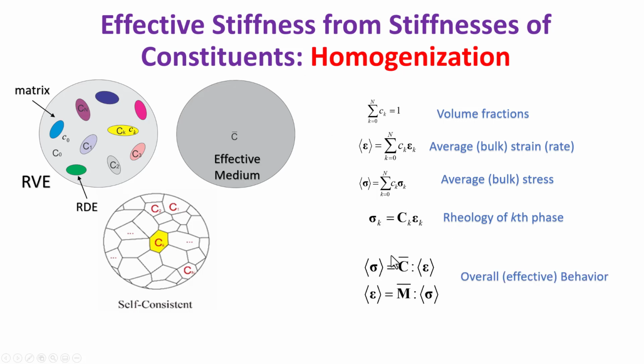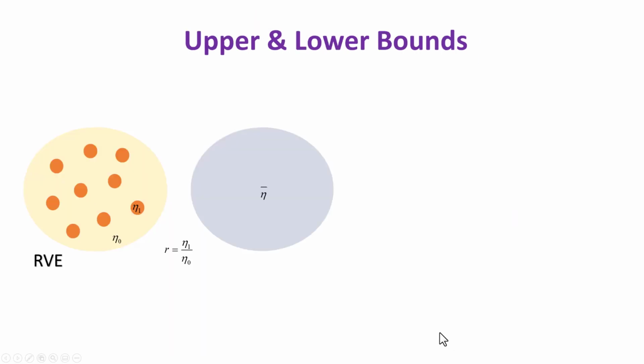Now homogenization is the effort to find the overall stiffness or overall compliance for the material on the scale of the representative volume element. How do we get the effective stiffness? That's the motivation of homogenization. Simplistically, we can think of the volume-weighted average of all the constituent stiffnesses, or chevron average of all the constituent compliances. The first average is what is called the Voigt average, and the second average is the Reuss average.